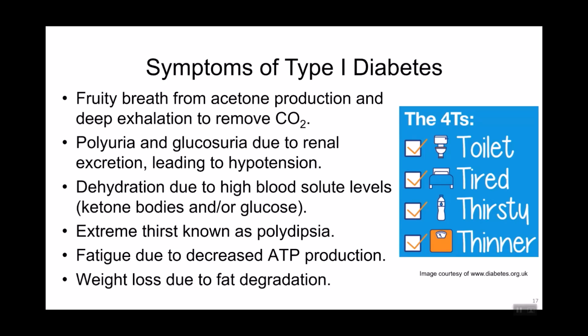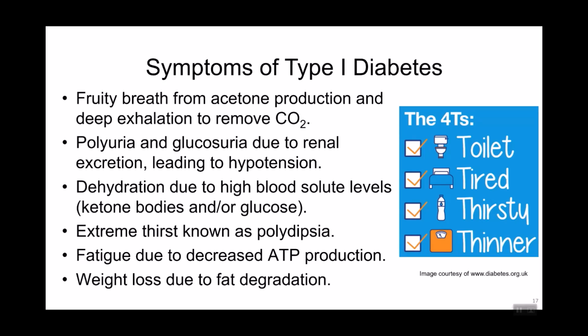In addition to the fruity breath that we talked about, coming from the production of acetone and ketogenesis, that deep sighing exhalation may be an indication that someone is trying to get rid of excess CO2 coming from the blood buffering of acidosis. The 4 T's for type 1 diabetes are common symptoms to look for, so someone might be